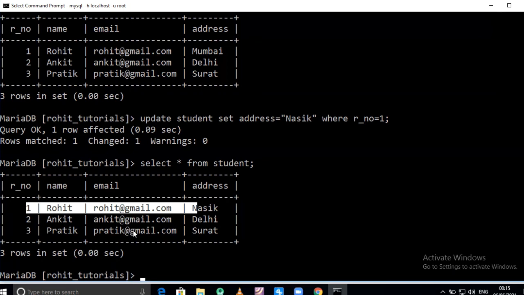So firstly, I will give the command delete. Suppose I want to delete the third record, roll number 3, pratik@gmail.com and Surat, with the help of roll number.